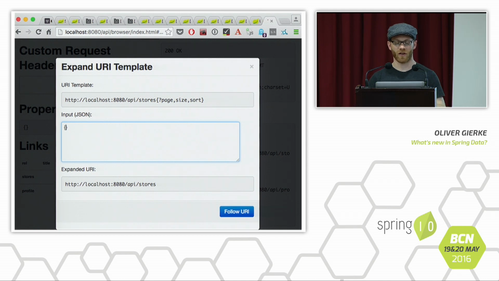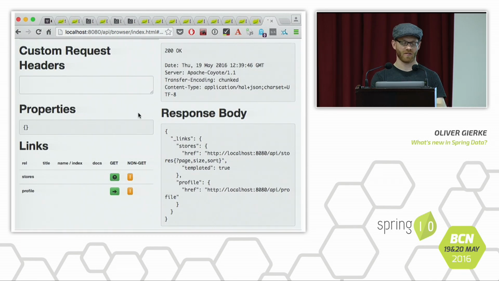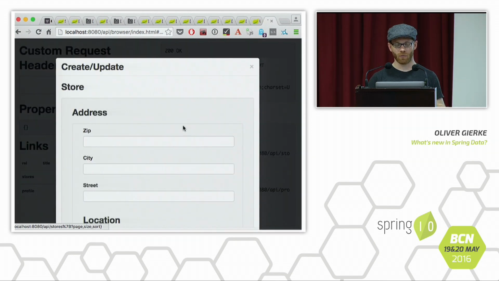However, with Spring Data REST, we have quite a detailed understanding of what the payload actually looks like. And we expose that understanding in the form of a JSON schema, a tiny extension that we wrote to that HAL browser. That's not something we wrote originally, because the HAL browser is from the creator of HAL in the first place. Anyway, we took his JavaScript application and slightly extended it to dynamically discover the metadata that we expose, so that we can take that JSON schema, hand it over to another JavaScript library, and basically